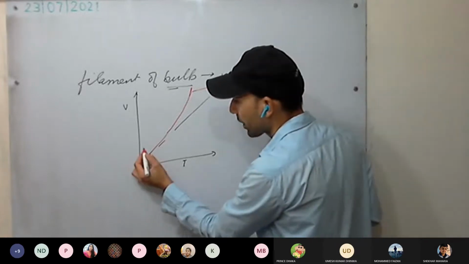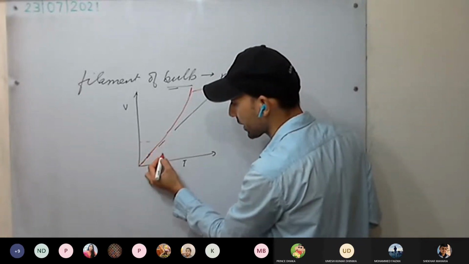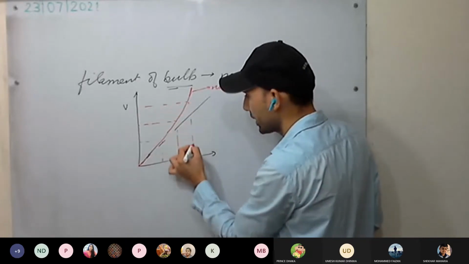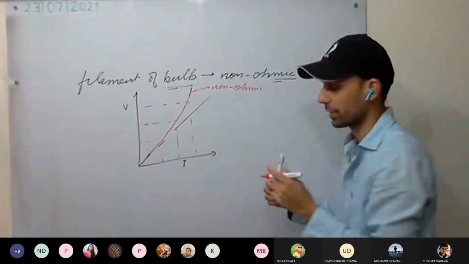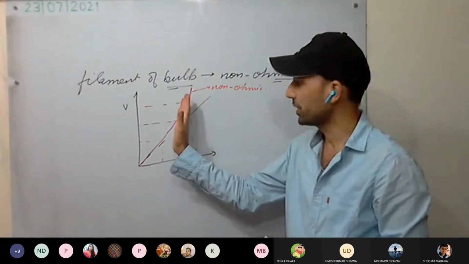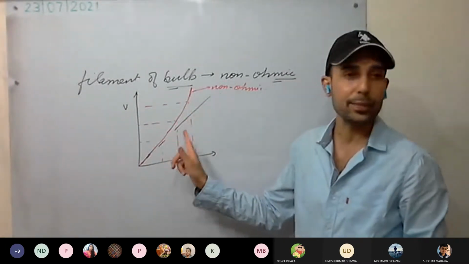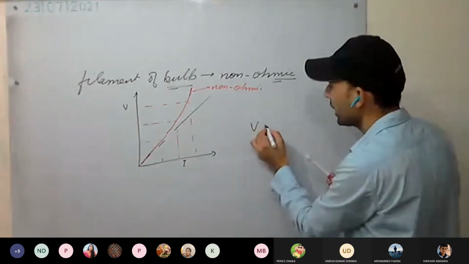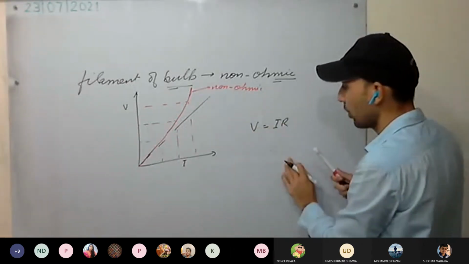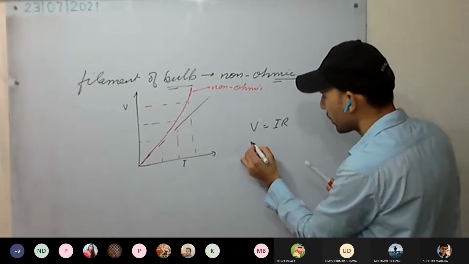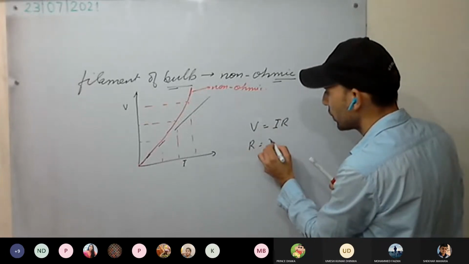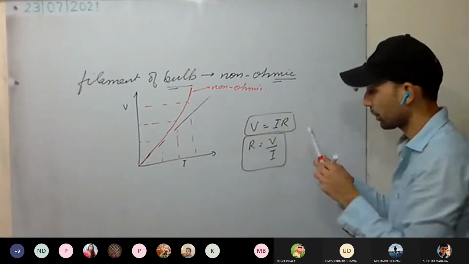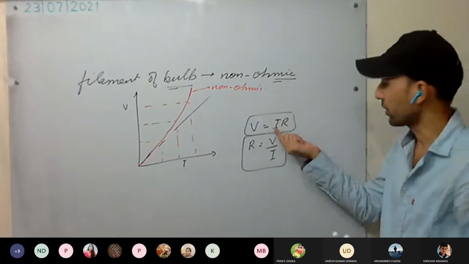So see what is happening as voltage is increasing, as we are increasing the potential difference. What is increasing? The slope is increasing, or not? This slope represents the resistance. V equal to IR, this is Ohm's law. R equal to V by I. So these two things you consider. For example, V equal to IR, we'll study using that one only.